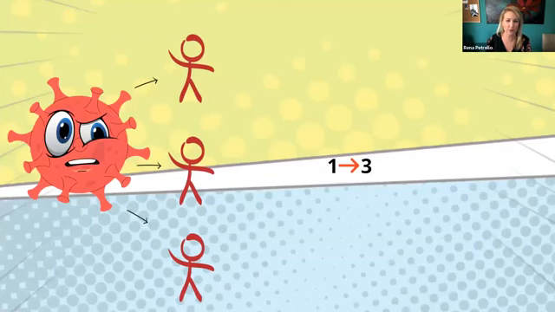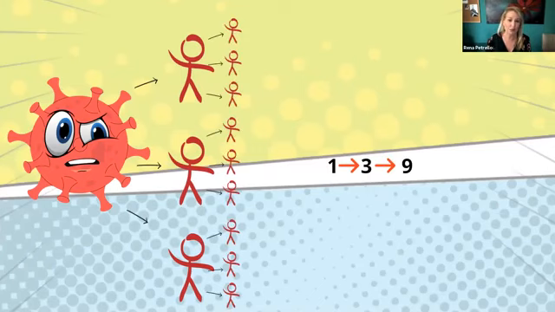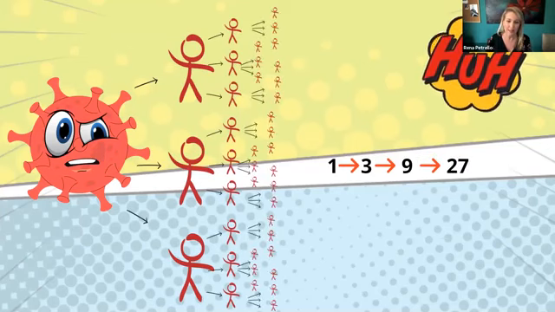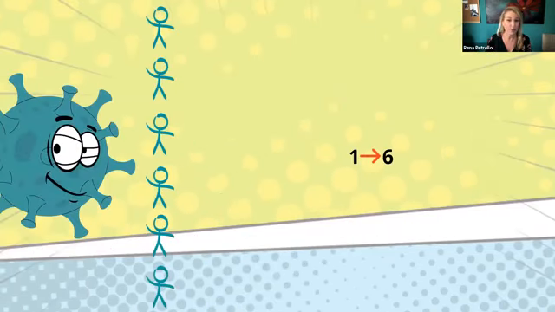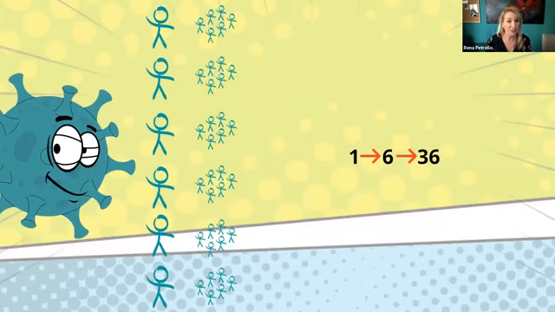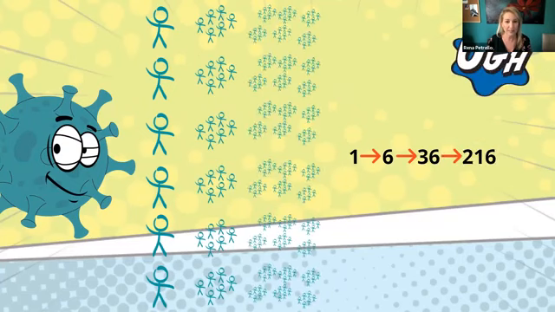Now let's look at a visual example of how quickly that non-mitigated spread would look in a community. So for every one person who has the original strain that causes COVID-19, on average, approximately 3 more people will get sick. And then each of those people will spread it to 3 more people, and so on. So for every one person who has the Delta variant that causes COVID-19, on average, approximately 6 more people will get sick. And you can see that with each generation of the spread, we have a community that will get